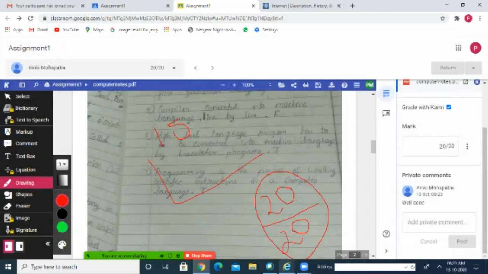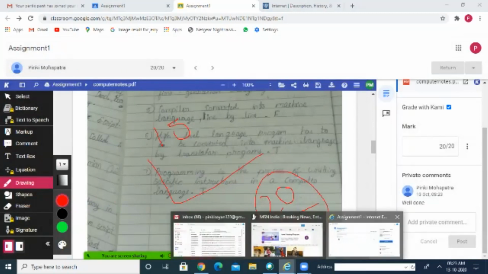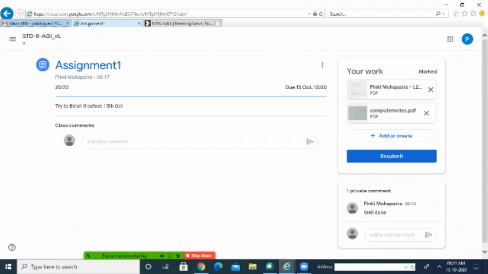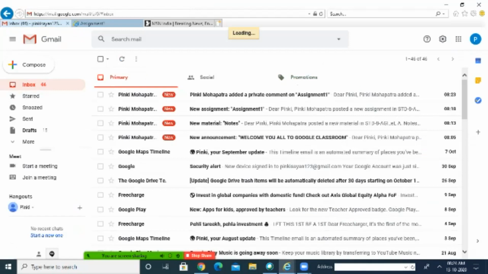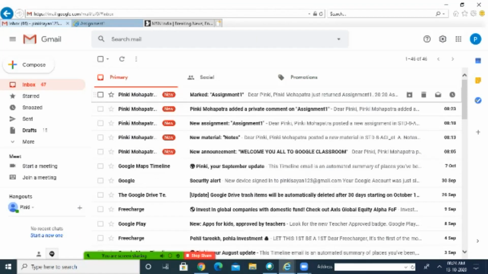Now let us go to the student's window. Here I am going to this email ID. So here the messages are stored from the beginning. Here you can see, you have added a comment on assignment 1. So your assignment has been marked.